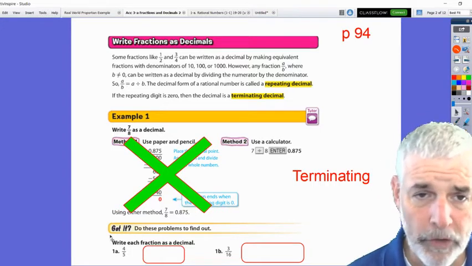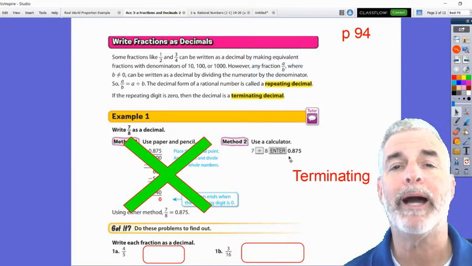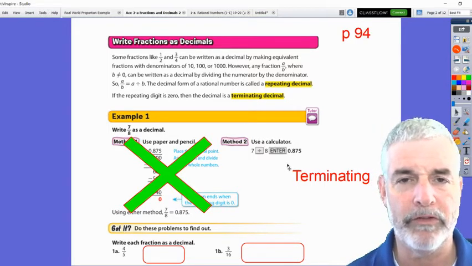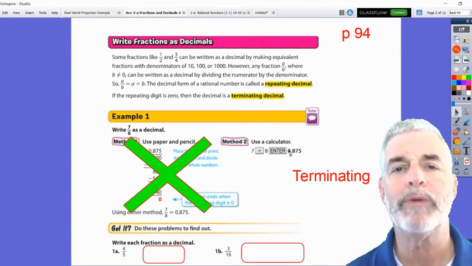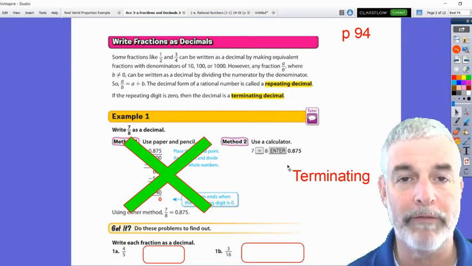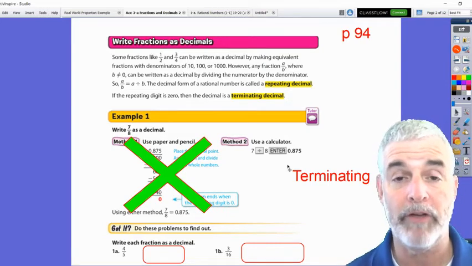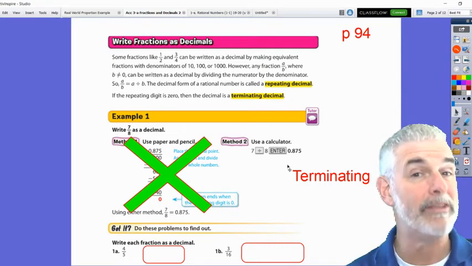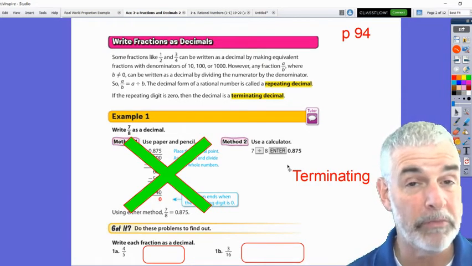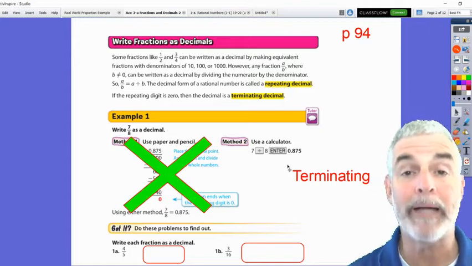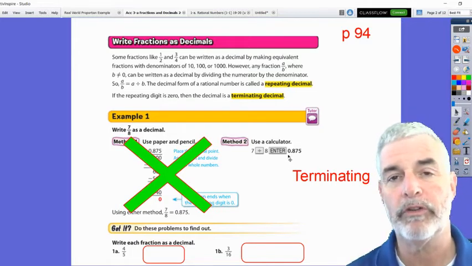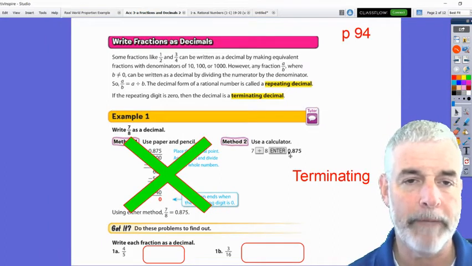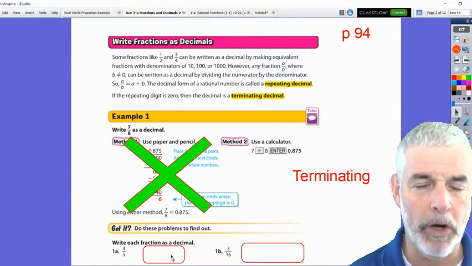Okay? So let me just point out to you that I don't care personally if you put a 0 in front of the decimal point. I don't know if we've had this discussion before. Okay? I personally do not require the 0 in front of the decimal point. If you just wrote .875, you get full credit from me. Now, future math teachers might not feel that way. Some math teachers think it's really important to put the 0 there in the ones place in front of the decimal point. I do not. So if you don't include the 0, that's no problem for me, because most of the time when I write my decimals, I don't put the 0 in there. Okay? All right, so 4/5 as a decimal,